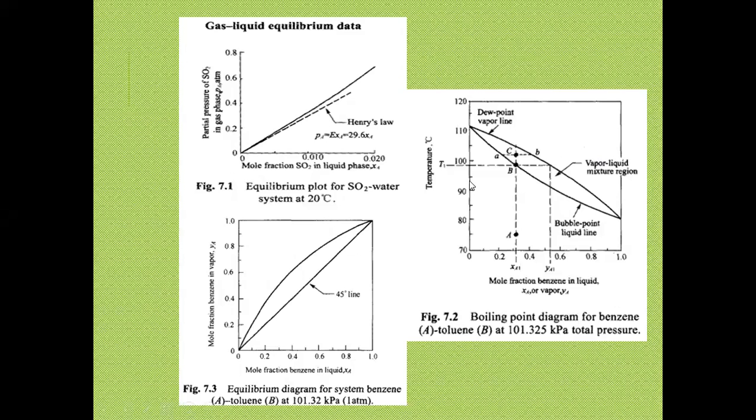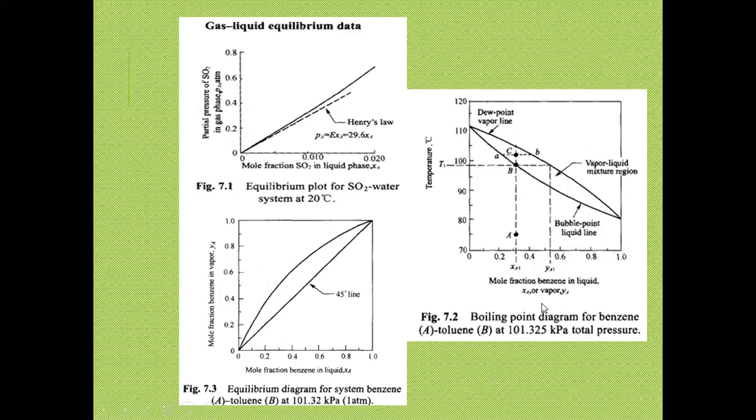This is the temperature, the boiling point diagram, equilibrium diagram that I was referring to. If you're going to determine the relative volatility of the bottom's liquid, you will be needing the mole fraction of A, the lighter component in the bottom's liquid. You go up and you rest here. This will be the temperature that you will be using in section 2 of your handbook to determine the pure vapor pressure of your lightweight component, at the same time your heavy component in the bottom's liquid.